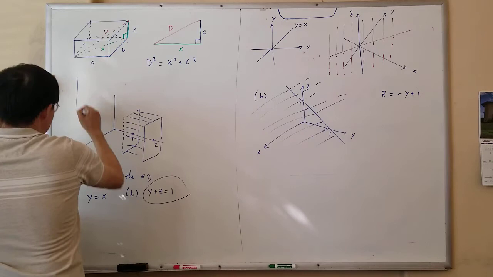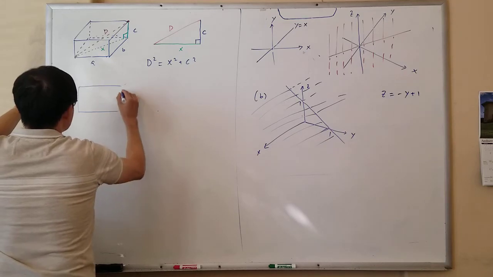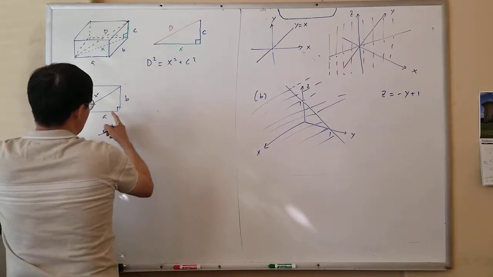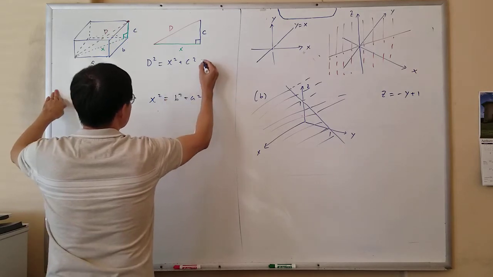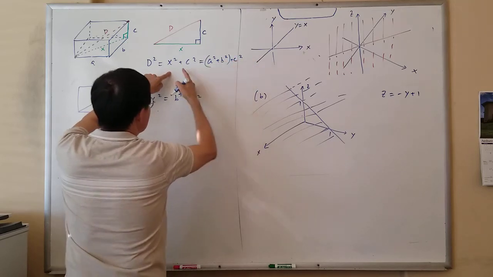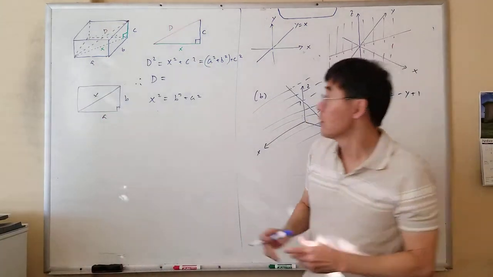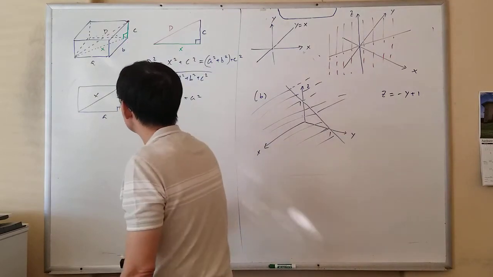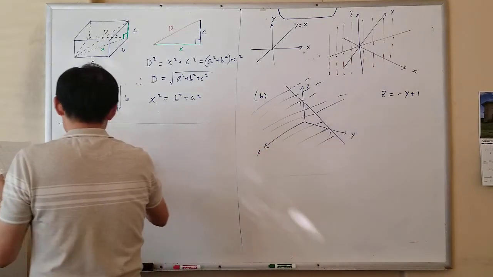But from this base rectangle, you have A, B, and this is X, isn't it? Right? So another Pythagorean theorem, X squared equals A squared plus B squared. Plug it in: A squared plus B squared plus C squared. Right? Therefore, the major diagonal distance will be the square root of A squared plus B squared plus C squared. Okay? So, because of that, if you have a point